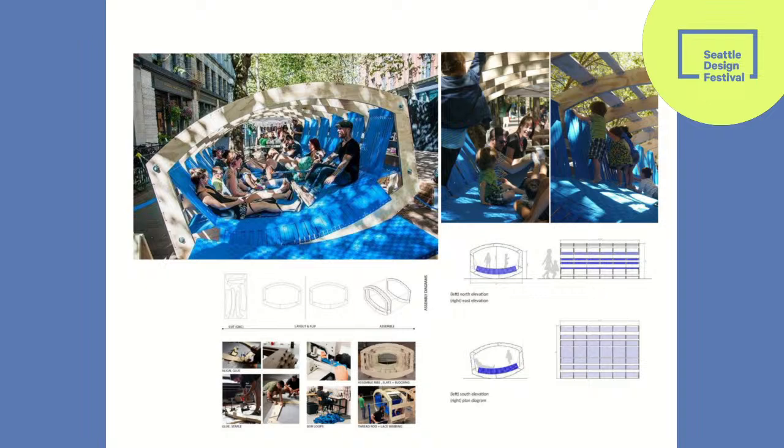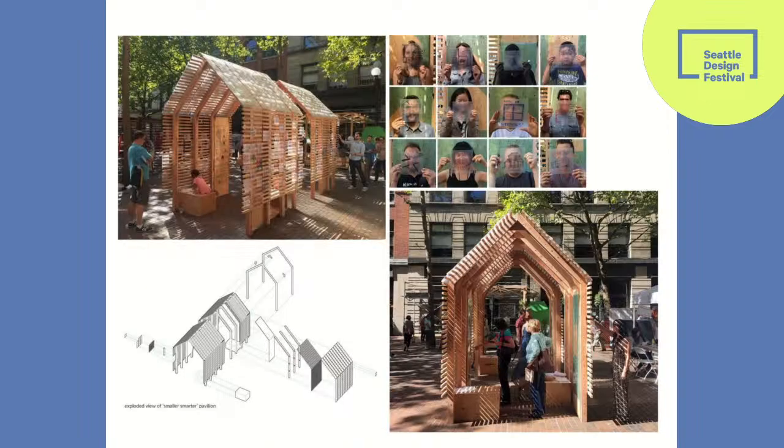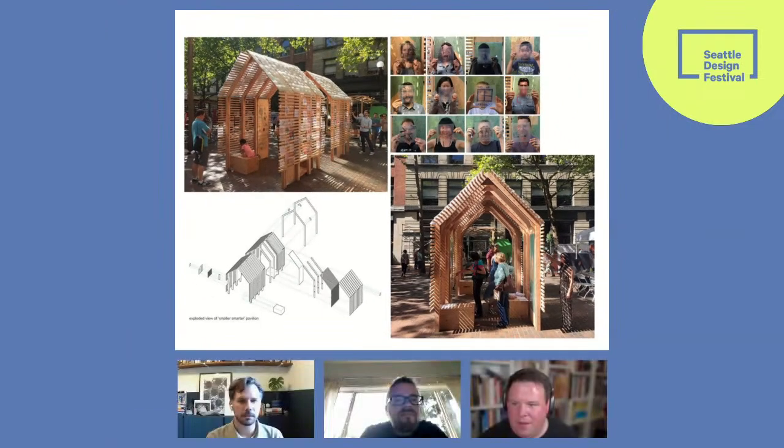Yeah, exactly. Let me flip to the next. So I forgot this was you. Yeah, and this is kind of a carryover. This is Rumble. This is second Rumble, right? Yeah, and I remember I worked with Rob Dean on this one, who's done a lot of the design festival work too, right? He's actually back there in the photo. Also, Garrett Reynolds, who's actually at Olson Kundig now, and a few other folks I'm missing on this one. But this one was fun. It was kind of the same thing. A bunch of designers came together, right? And I don't know how prescribed this one was, was this also part of the Rumble, I can't remember.